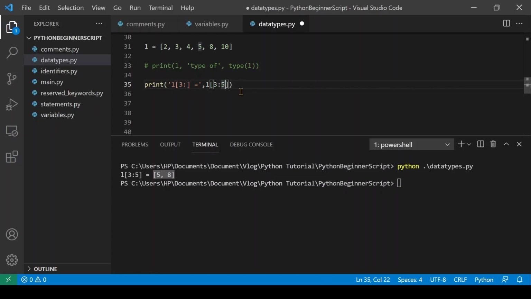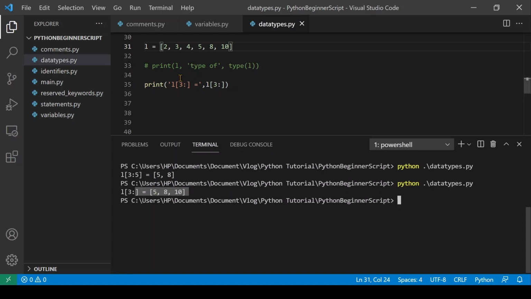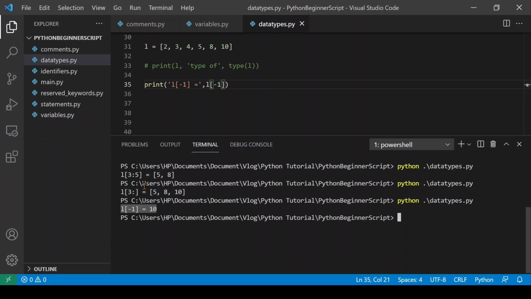You don't have to mention the end index here, or if you want to access up to an index, you don't have to mention the start index. You can use negative indexing to access elements from the last, just like string. If you use -1 as an index, you will get the last element.